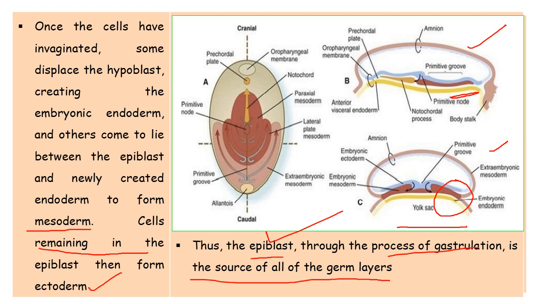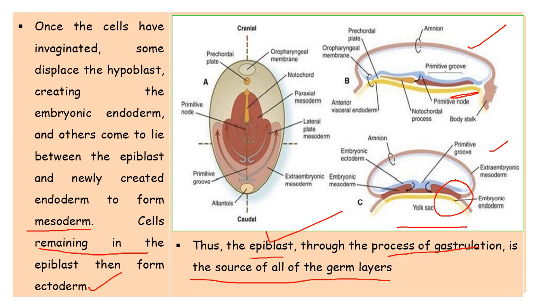And in the front, what we call the cranial area, there is the oropharyngeal membrane region. This is the precaudal region, and this yellow colored arrow is indicating the movement of the epiblast cells, and this area will ultimately form the notochord region. Here is shown the primitive node region. The primitive streak is shown in the form of a line, and this is the caudal region from where this primitive streak is getting started.